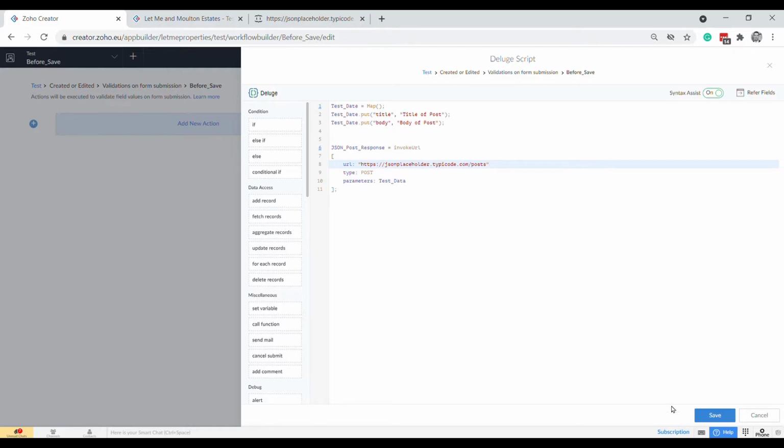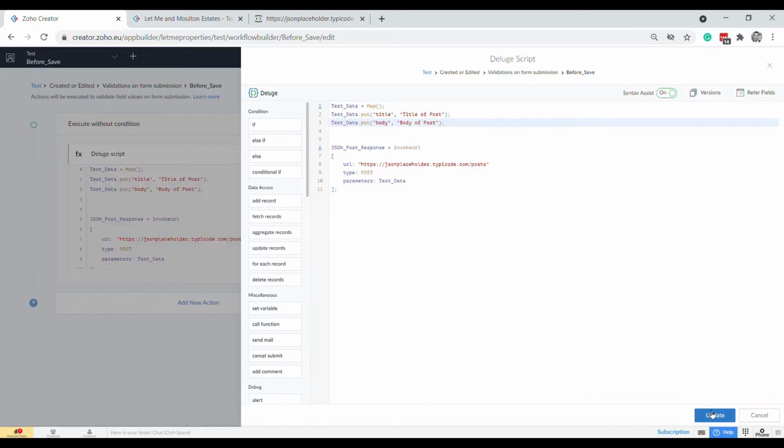Okay, so let's see what happens when we run this. Test data. Of course, because of a spelling mistake. That happens a lot. Okay, so now when we try to submit this form, it should post to here, but